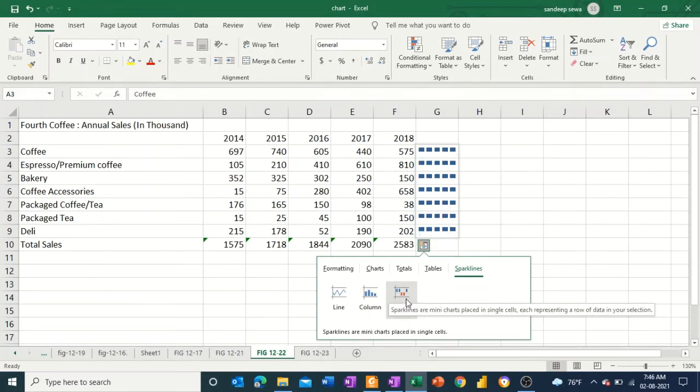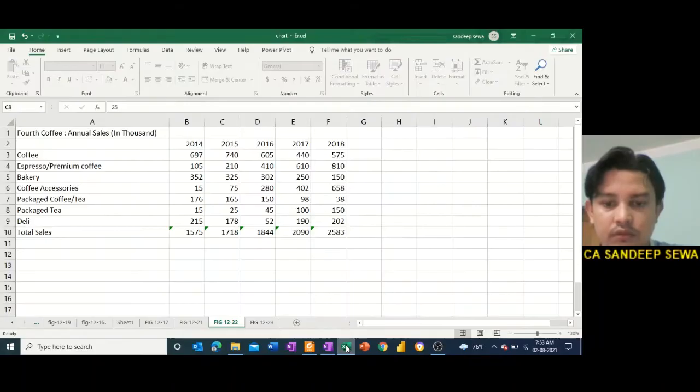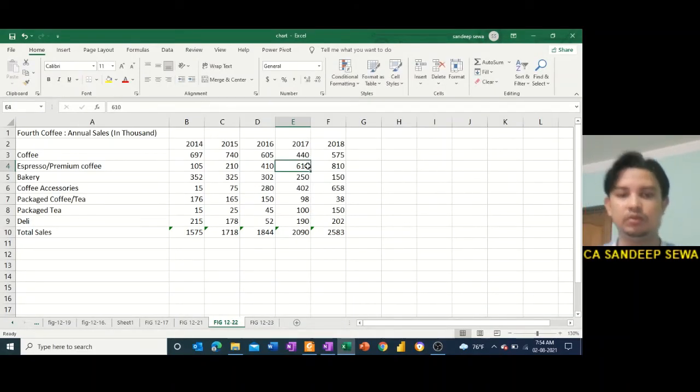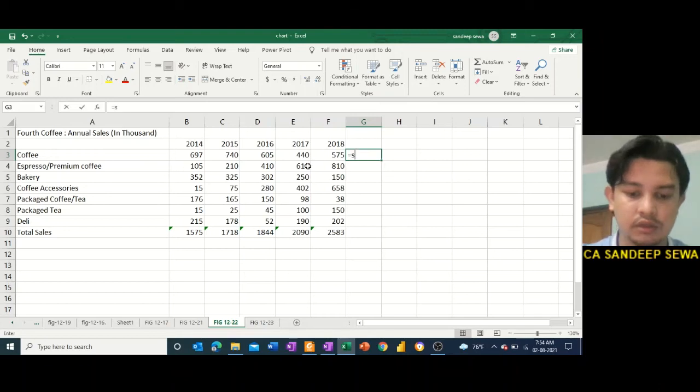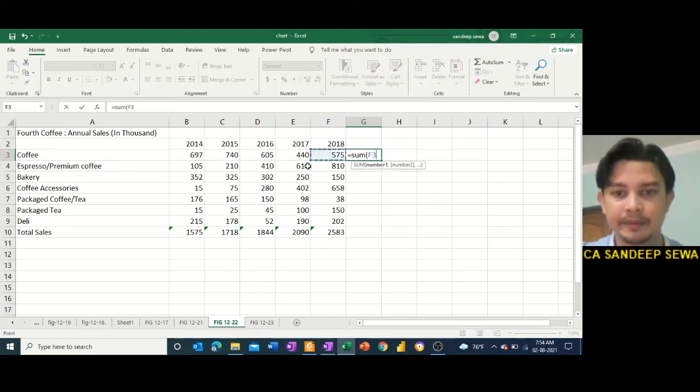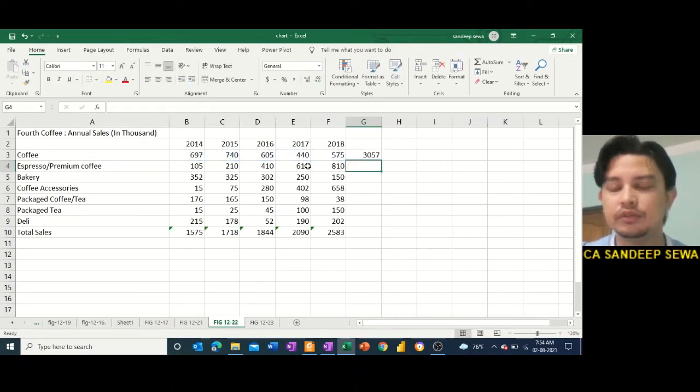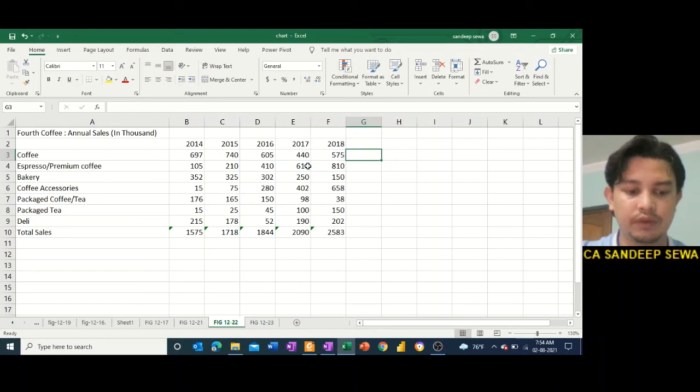And there is a win-lose percentage, okay. Sparklines are mini charts placed in a single cell, each representing a row of data in your selection. You can use this analysis. So here what I want to show you is how you can work with totals. You can see if I sum this column, what is the total? 3057. If I count it,